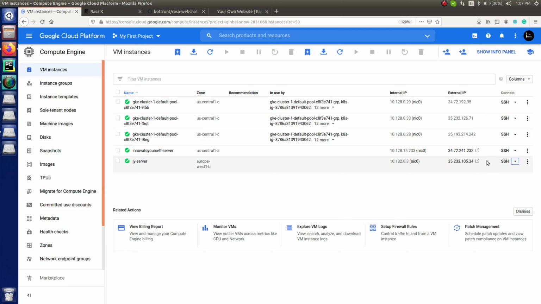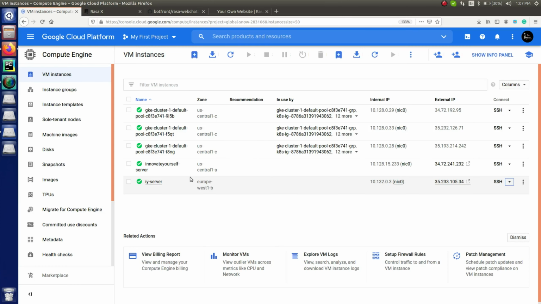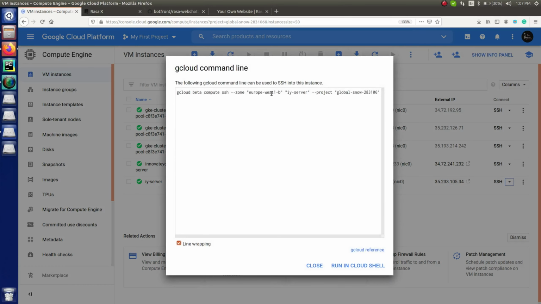So for that, firstly just go to the instance which you are working on. Like I am working on this iy-service. Just click on this arrow just beside SSH, click on view gcloud command, copy this, and now open it inside a terminal.